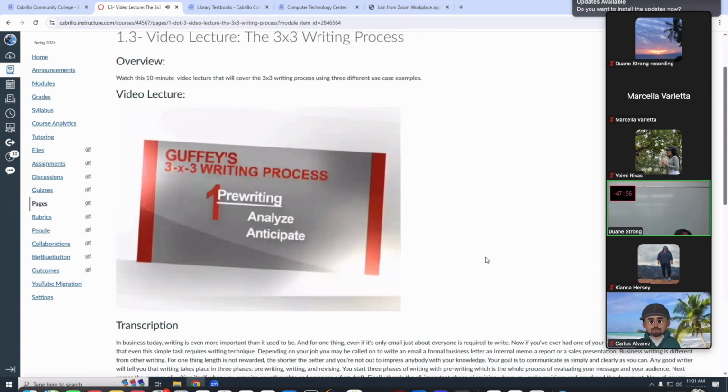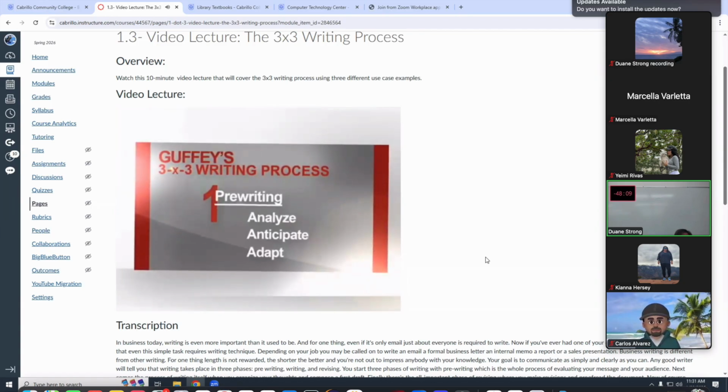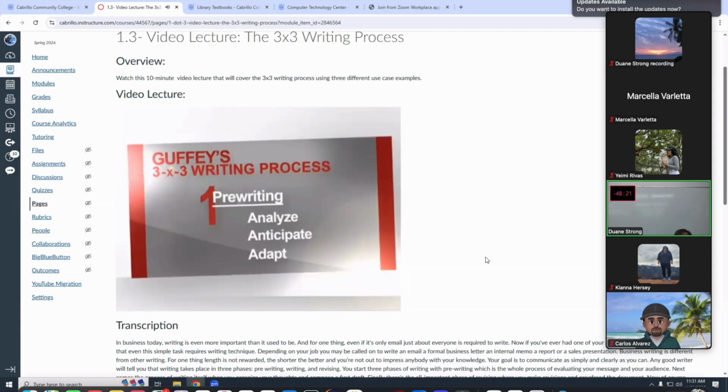The next step is to anticipate the audience. Who will read the message? And how will he or she react to it? Then you adapt to the task and audience. For example, by adjusting your tone so the message is clearly conveyed and the reader reacts constructively to it. Let's observe how these employees begin phase 1 of the writing process. You'll notice how they explain the predicament, analyze the task, anticipate the audience's reaction, and adapt the message to improve understanding and readability.